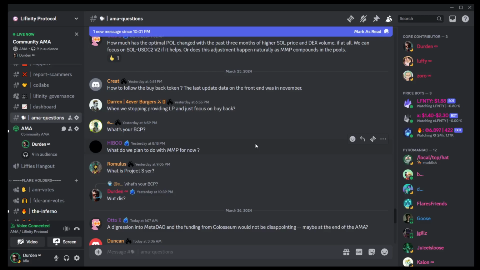The last update data on the front end was in November. Yeah, so for those who don't know, on our dashboard, at the bottom we have a place where it tracks our buybacks, and that stopped back in November, maybe. I actually don't remember, but Create is saying November, so maybe that's the case. So yeah, a few months back,